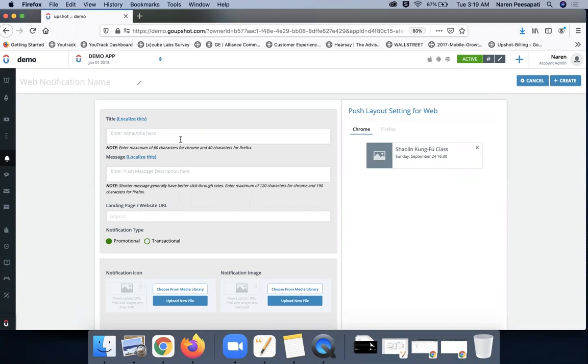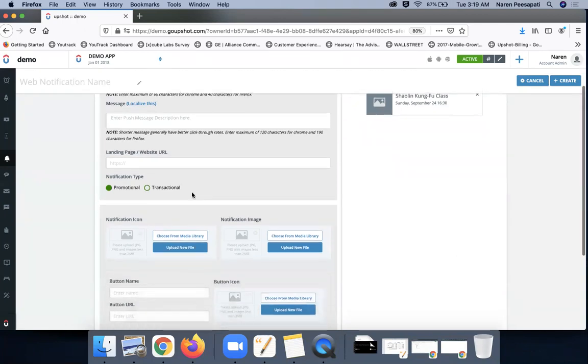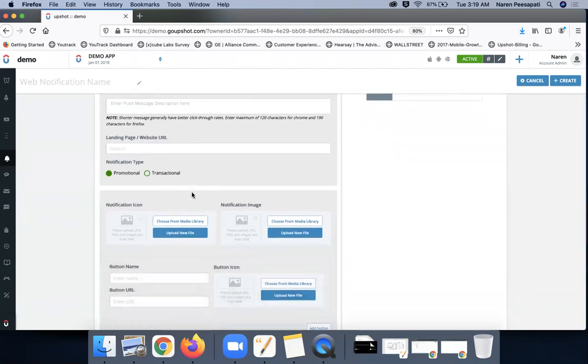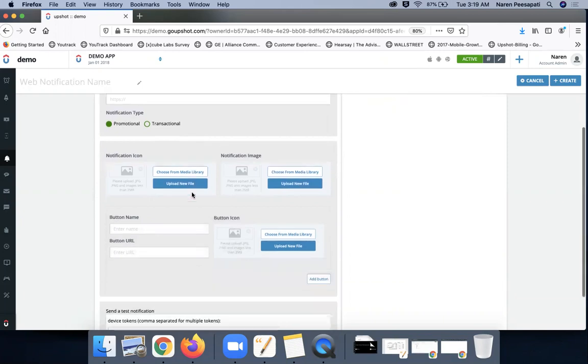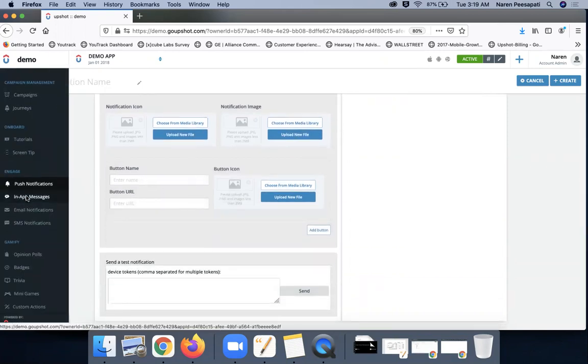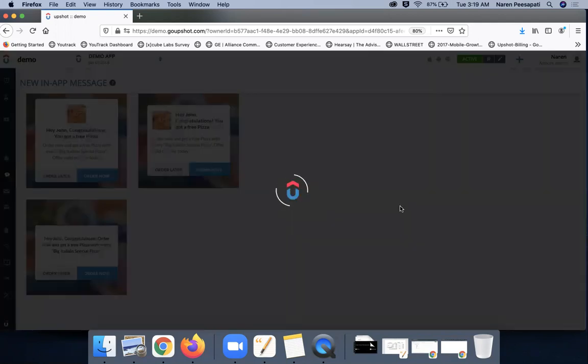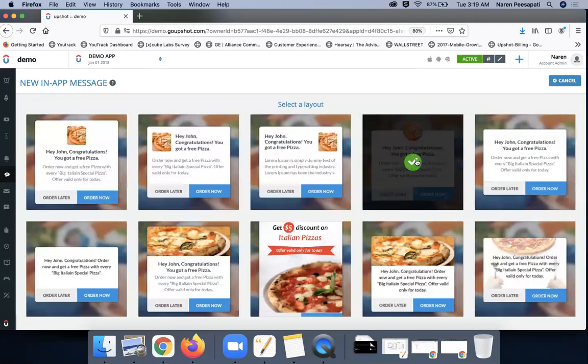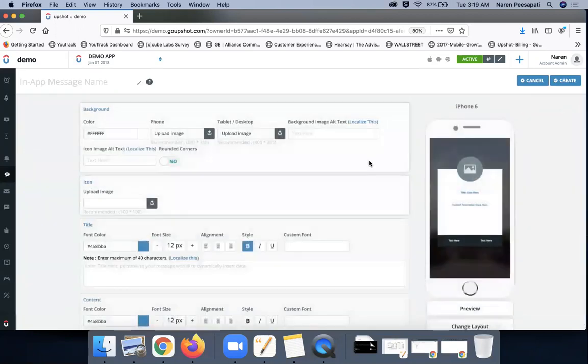Now here, this is a web notification. Again, you will be able to create rich web notifications for website and web portal users to reach them on the browsers. Now, another tool for communication is in-app messaging. In-app messages are pop-ups that come on top of your mobile and web applications. So you can design an in-app message on the dashboard, including the colors or the images that you want to upload,